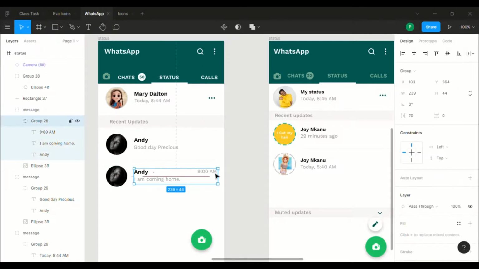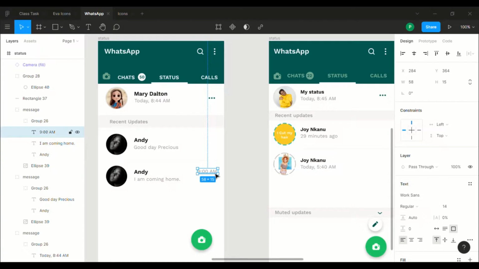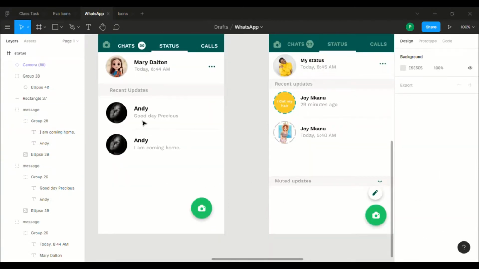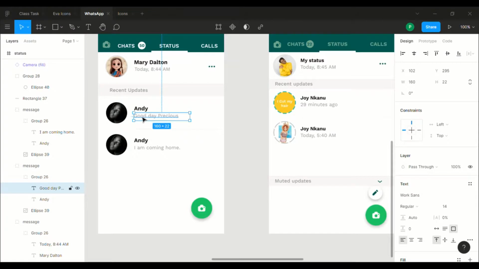The time, don't need this anymore. So let's change this to maybe 29 minutes ago. So Andy updated his status 29 minutes ago. And we can have yesterday at 6:30 p.m. to change the name to